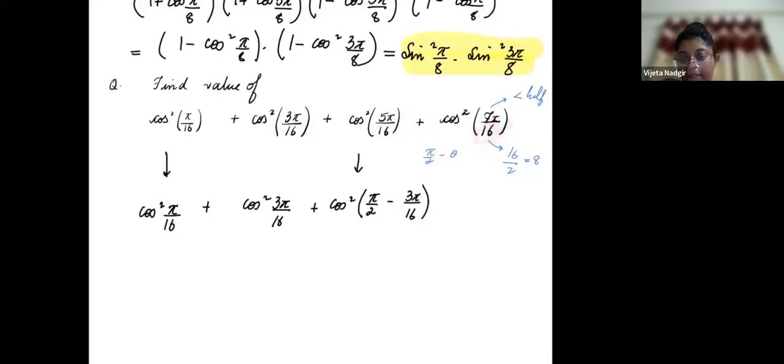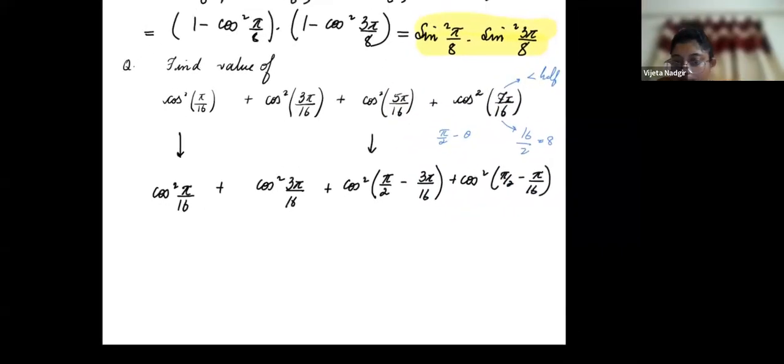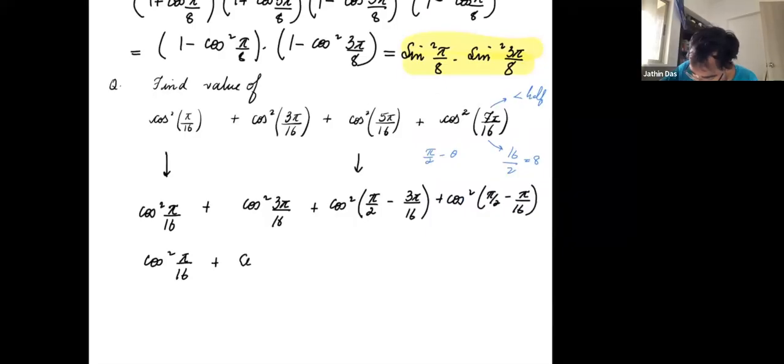8 pi by 16 is pi by 2. So this is pi by 2 minus pi by 16. So cos square pi by 2 minus pi by 16. Now you know cos 90 minus theta is directly sine. Okay. So cos square pi by 16 plus cos square